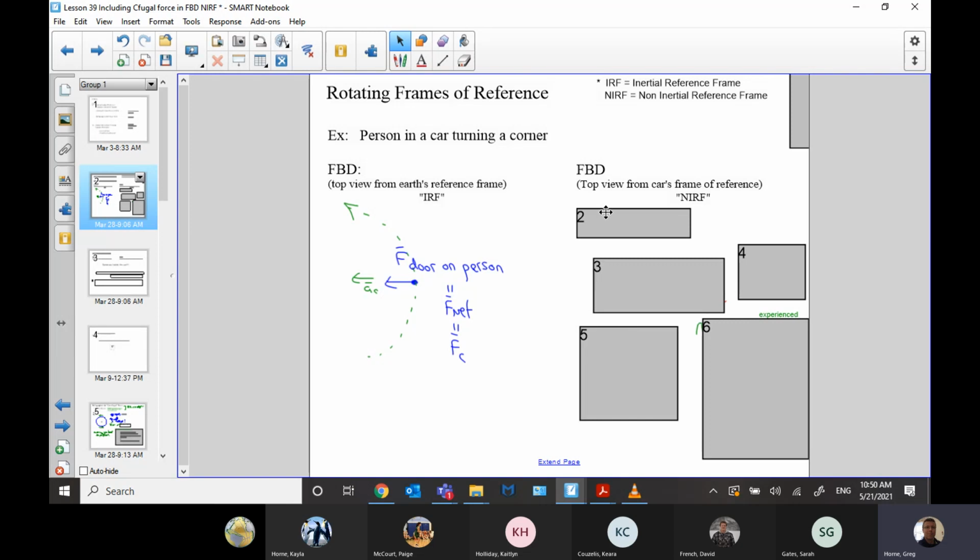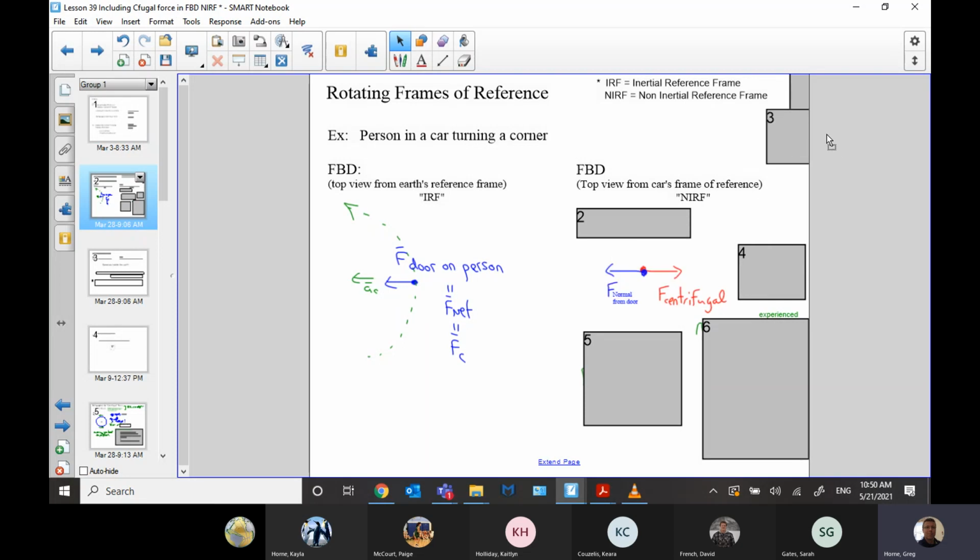In the non-inertial reference frame, you see yourself as not accelerating relative to the car, and so you should be able to analyze the balanced force situation in that frame, right? In order to not be accelerating relative to the car, you feel the car pushing on you, but you're not accelerating relative to it. So there must be a force that it's pushing against, right? There must be a centrifugal force in that non-inertial reference frame,